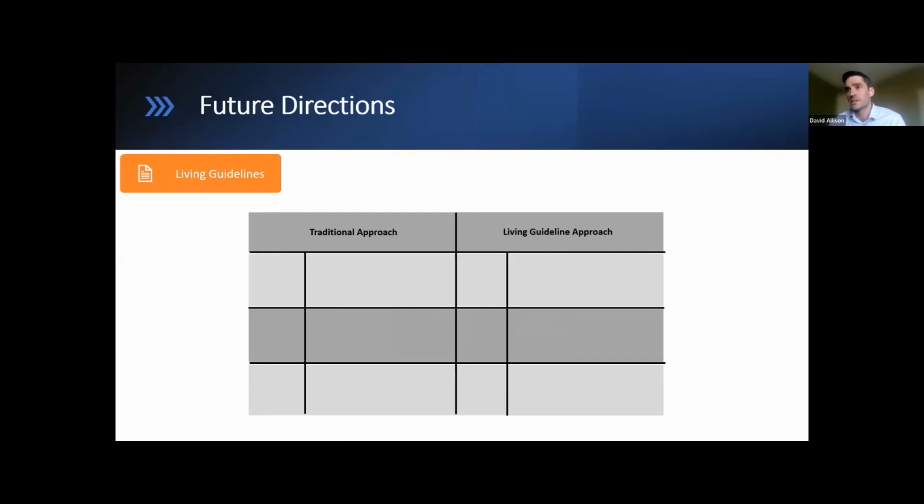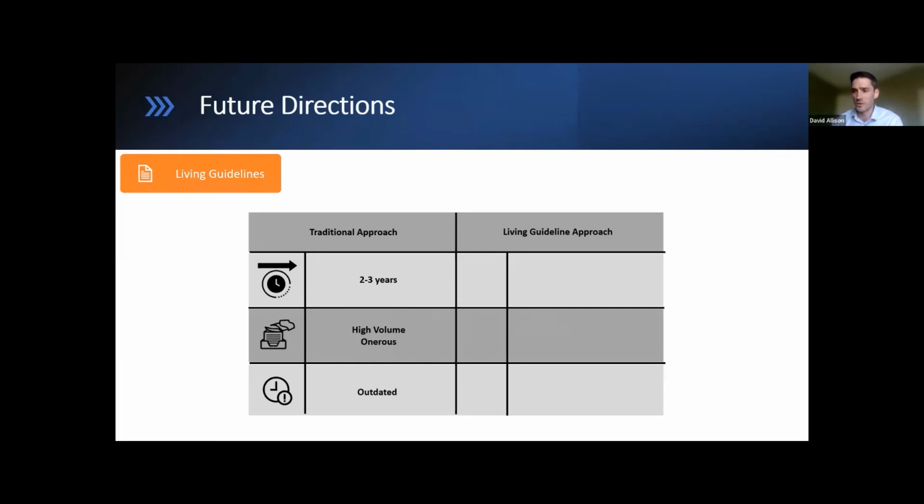So first, this living guideline approach. I'll say a major limitation of any clinical practice guidelines is keeping them continually up to date with recent literature. And so what you'll typically see in a traditional approach is that guidelines are updated every 2 or 3 years or so. And this gap between updates means that you really build up a high volume of literature,